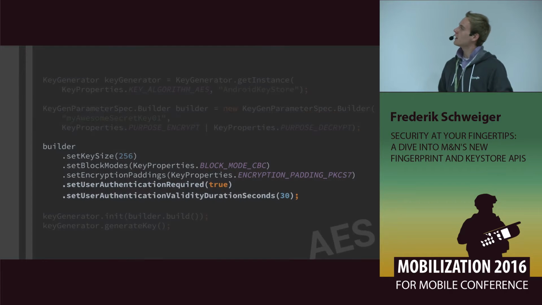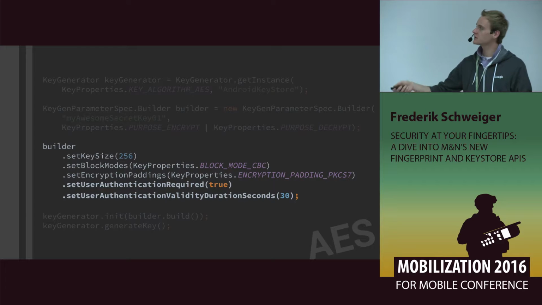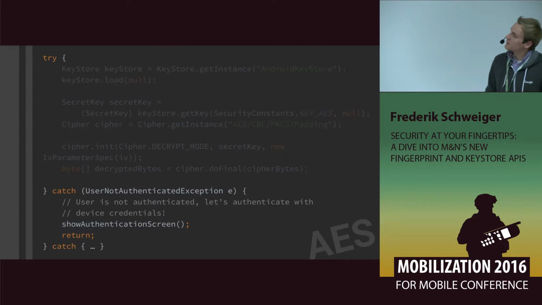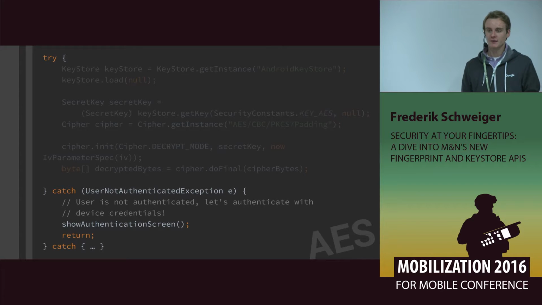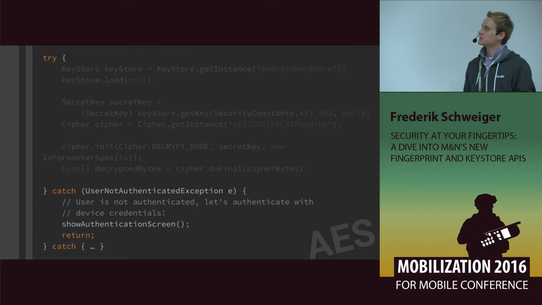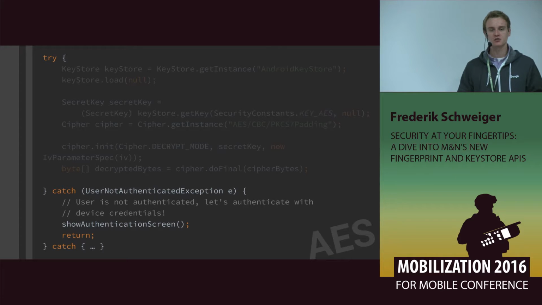Let's have a short look at how this works. We have the builder pattern I showed you before with the AES sample. You just add the setUserAuthenticationRequired and the validity duration seconds there. And if the user isn't authenticated at that time when you want to use the key, a UserNotAuthenticatedException is thrown. Then in this catch part, you can handle it and say, please authenticate, show a fingerprint dialog, or just an authentication screen, which is pretty cool